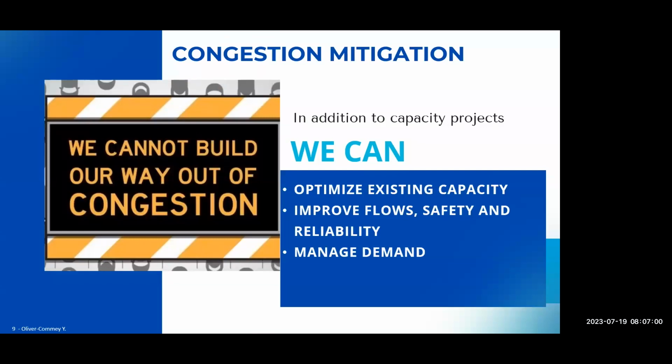Universally, most transportation engineers are making the transition to the fact that we really cannot build our way out of congestion. But what we can do is try to optimize the capacity and the systems that we have to improve the flows, the safety and the reliability. I think reliability is always the big deal because you know what your daily commute is, but the time it takes you every day varies along a really broad range. That's what traffic engineers try to get into the nitty-gritty of, to figure out how that can be alleviated.